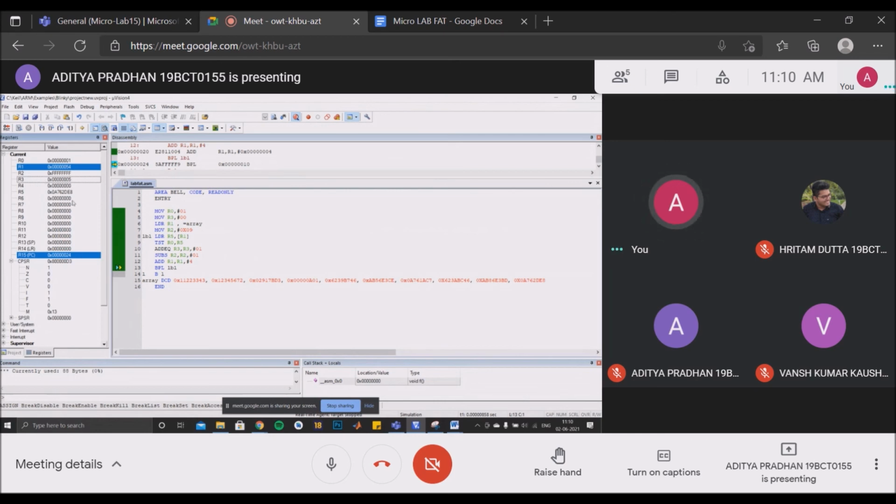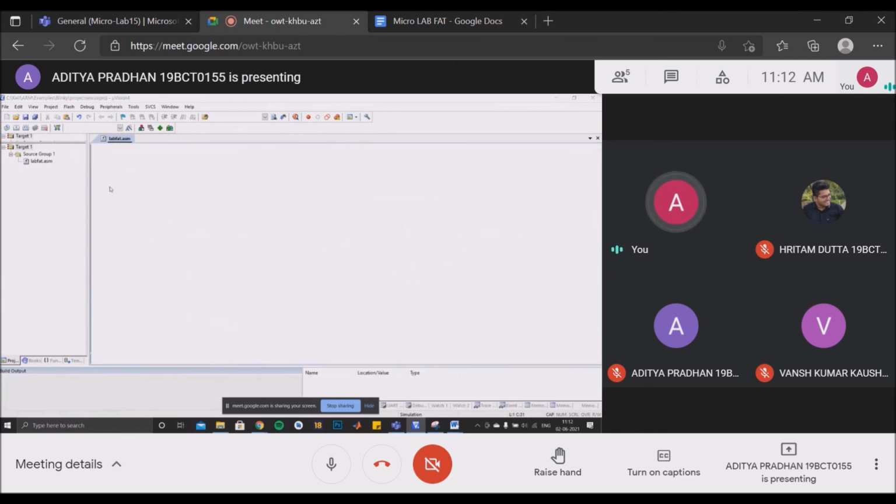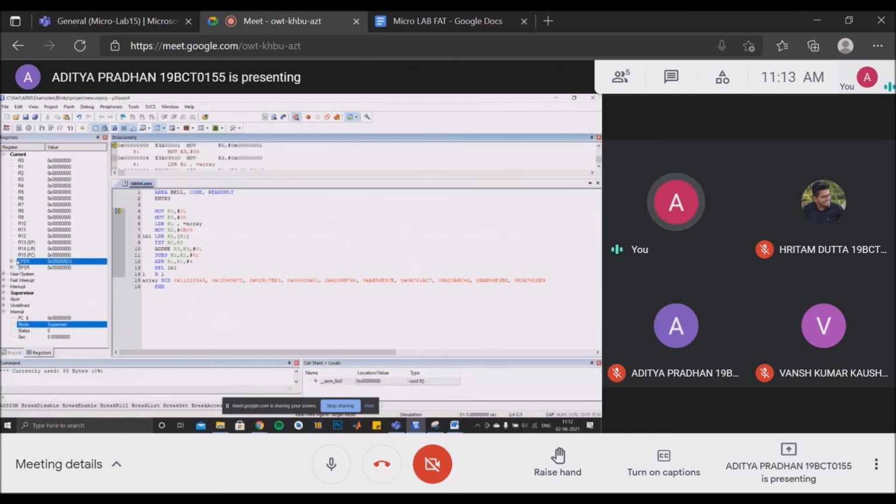That is, we have 5 even elements in the array. This is the output of the program. Thank you. Now we will see the E part of the program. Here we change the last element of the array, which was initially even. Now we change it to an odd element. Also we changed the ADDEQ part, which we did in the D part, back to ADDNE.